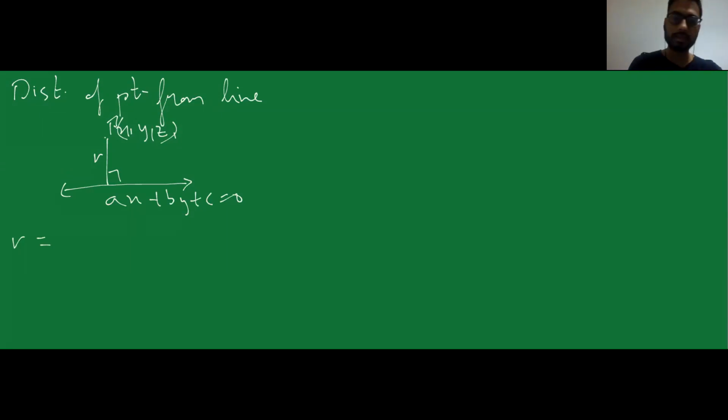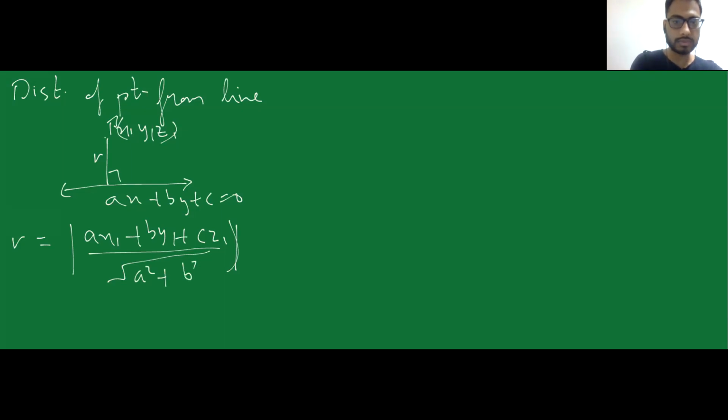Therefore, I can say that r is equal to mod of ax1 plus by1 plus cz1 divided by under root of a square plus b square. So distance of point from a line is ax1 plus by1 plus cz1 upon under root of a square plus b square. And if I have two parallel lines,